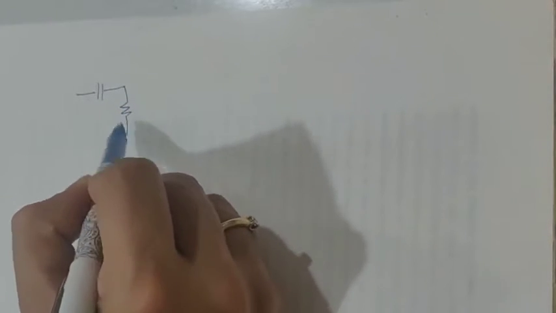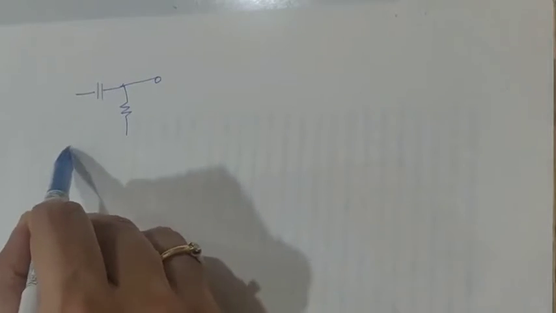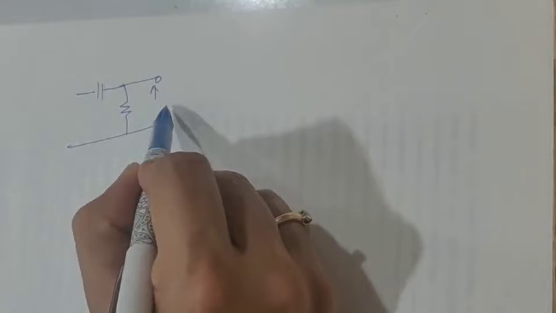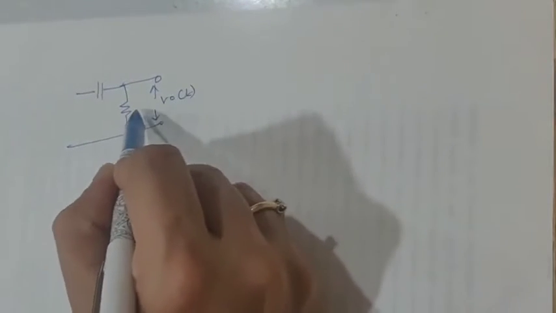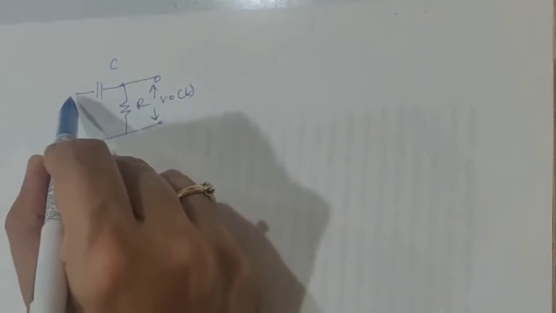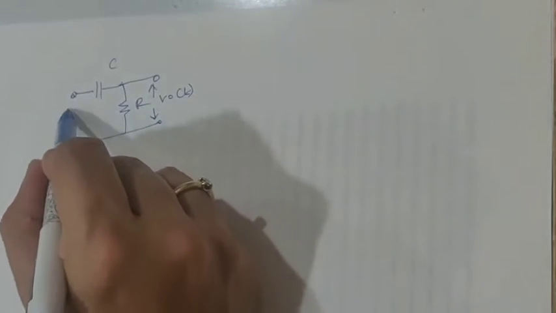For that purpose, we need to draw the Laplace equivalent of the circuit that we have drawn. First of all, you remember the circuit that we have drawn. The circuit was very easy. The circuit was like this, but it was in time domain. So I want it to be in Laplace domain now. So let us say it is V0 of t, this is R, this is C, and this is the input signal that you apply.